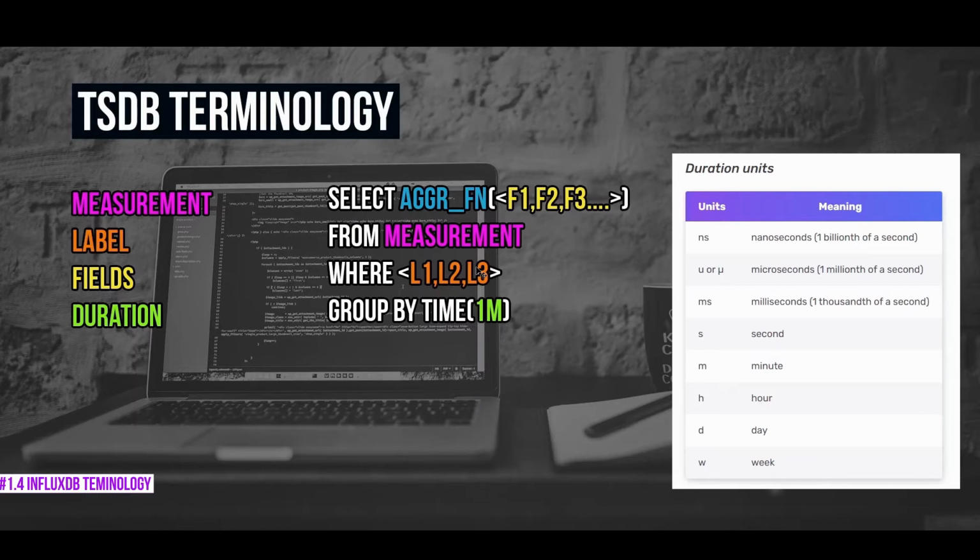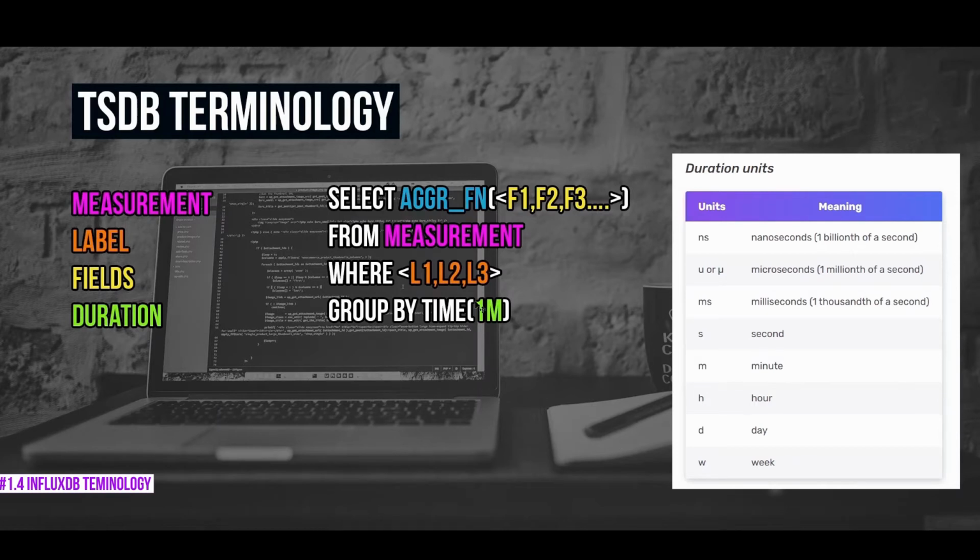On this measurement, the columns that are going to go into the where clause, I'm going to set them as labels. And the columns that are going to be passed into the aggregation function, I'm going to set them as fields. You can also query that measurement on fields, but because fields are not indexed, those queries are going to perform very, very slowly. So it's important that you understand the labels and fields correctly and set them appropriately to get the maximum performance out of your database. Again, you have to play around with the database for a while to understand how these settings work, but I'll try to cover these during the demo session.